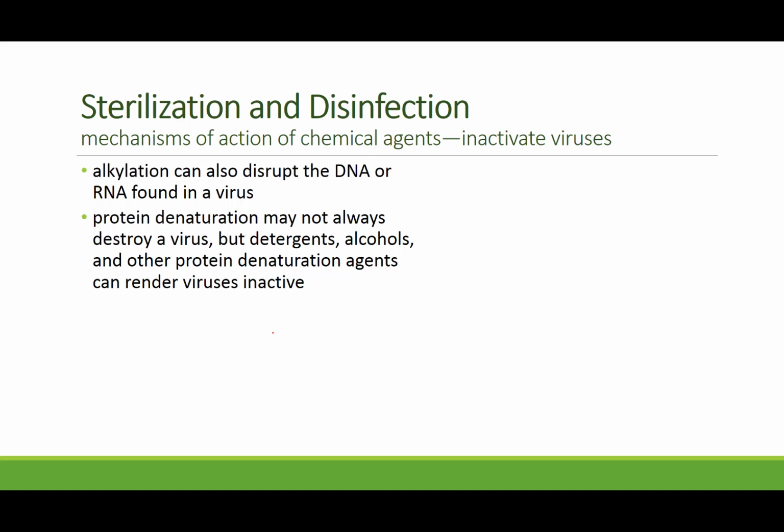And while protein denaturation doesn't always destroy a virus, because the protein shell, the capsid that's around the virus particle, is often pretty resistant to denaturation, using detergents and alcohols around membrane-enclosed, so the enveloped viruses, can render those viruses inactive. So we can't always rely on protein denaturation to inactivate a virus, but if it's an enveloped virus, then